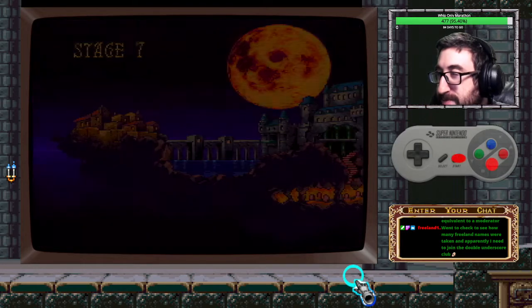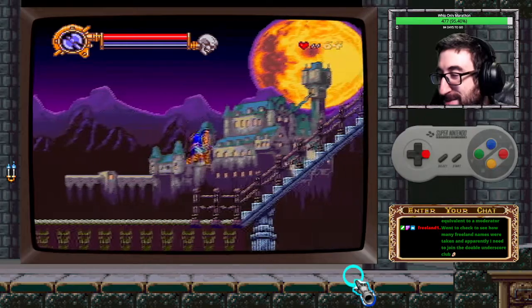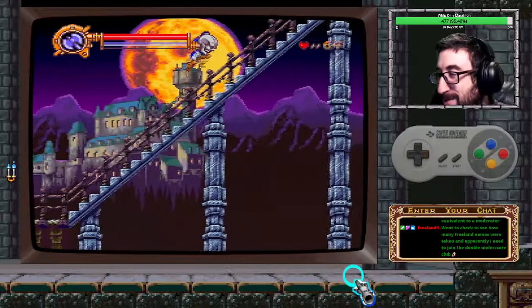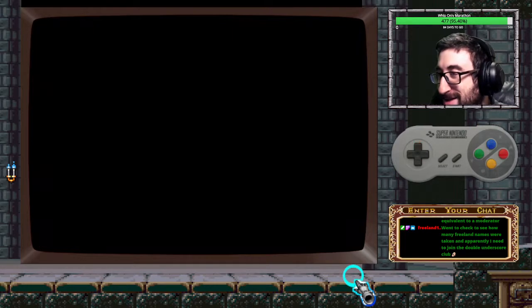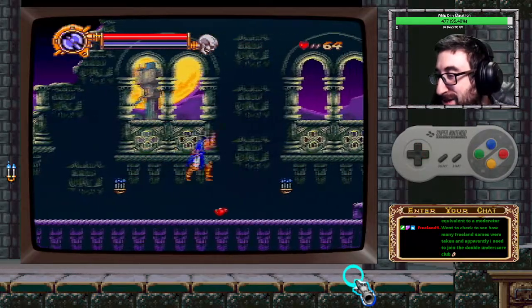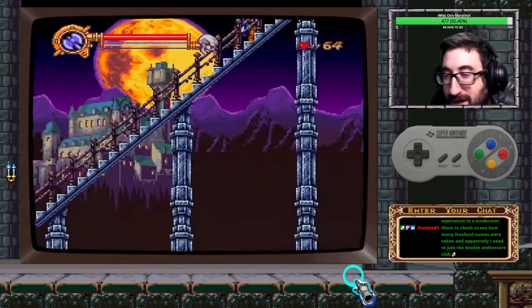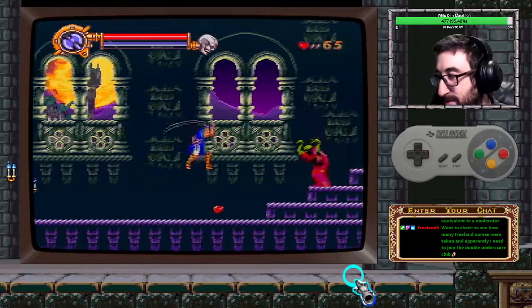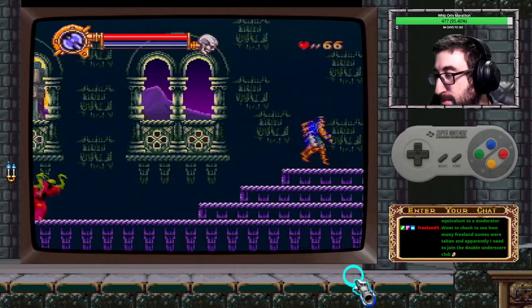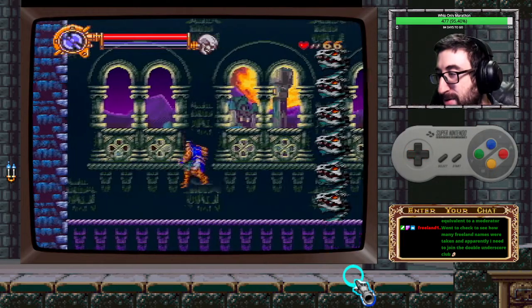Alright. So stage 7. Jump, jump, jump, jump, whip, jump, whip, jump, whip, walk. That's it. Next screen. Jump, whip, jump, whip, jump, whip, walk a little bit, jump, jump. Another very easy screen. Jump, whip, jump, whip, jump, whip. Through. Next part. Jump, backflip,